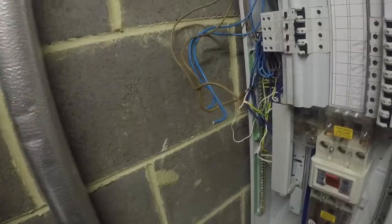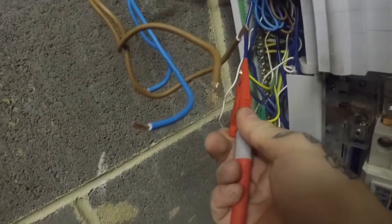Remember we had the no end-to-end on that first ring main I tested, the downstairs dado ring. I've just sorted that. That's the first thing I've looked at. Basically took all the sockets off on the dado downstairs, and yeah, just an earth had slipped out. So that one's literally as simple as that. So they were my lives and my neutrals, if you remember. Now when you put it on the earths,